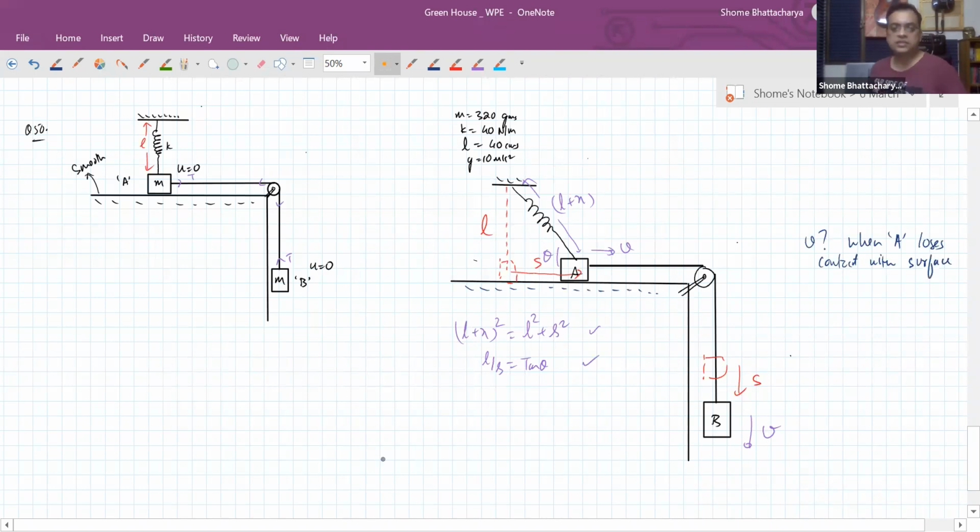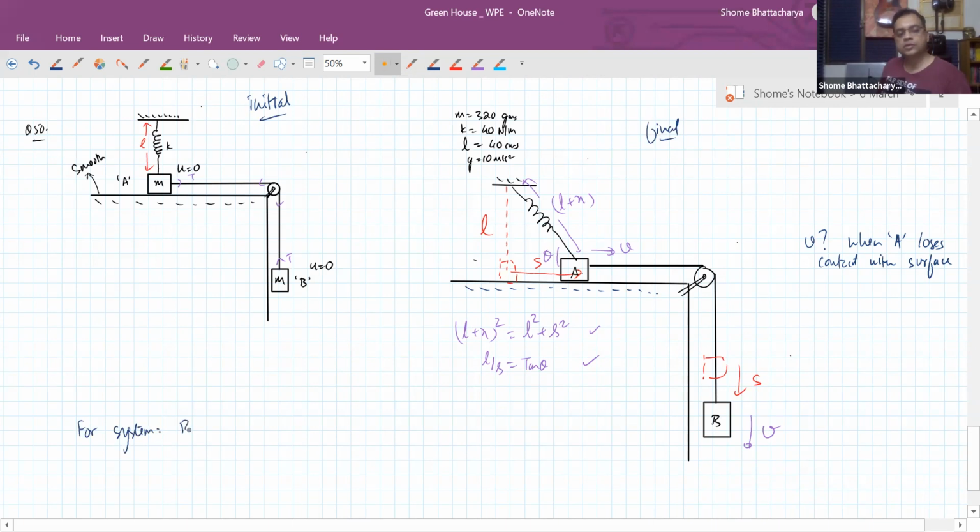So the interesting thing here is to apply this condition that A is losing contact. We have to look at Newton's laws of motion very carefully in application. And at the same time, to understand the speed of the two blocks at this instant, we have to also understand the work by energy application or conservation of mechanical energy. So let's say this is the initial state here, and this is the final state. So for the system